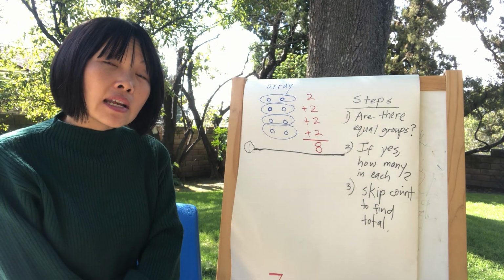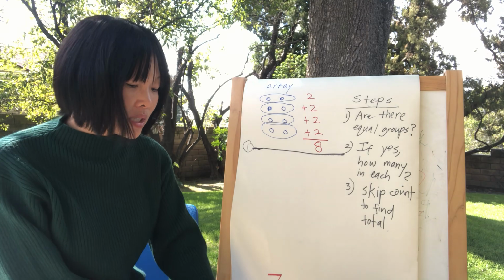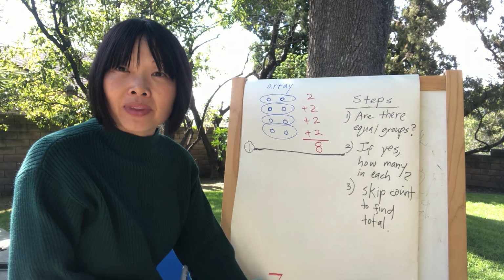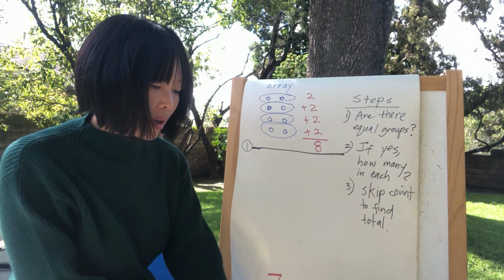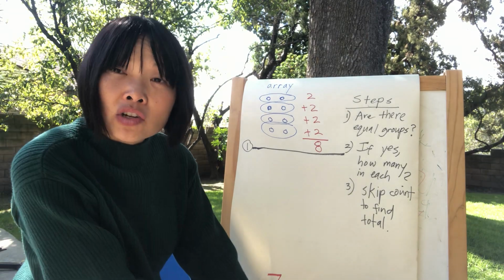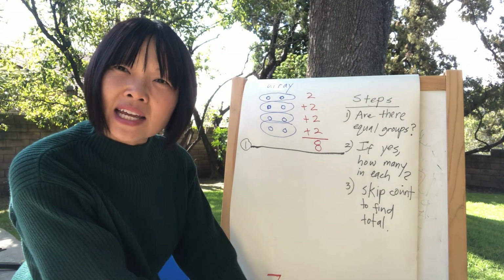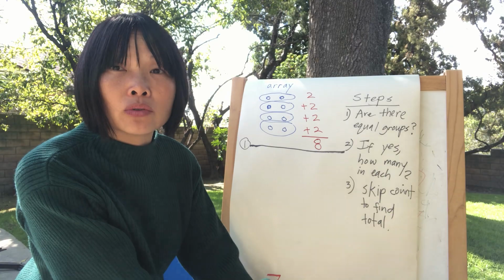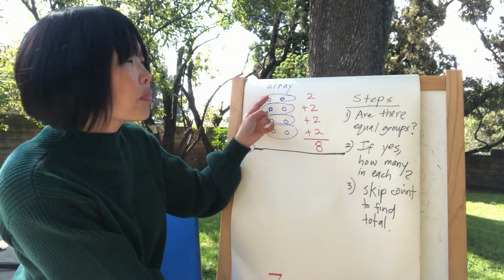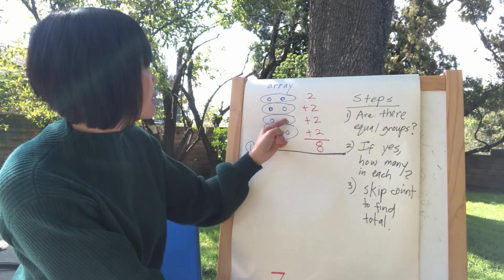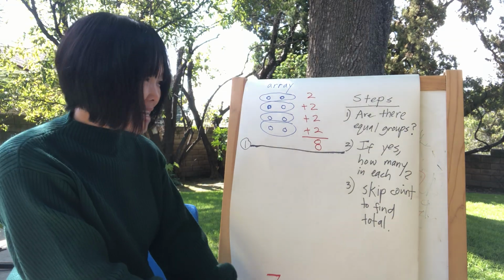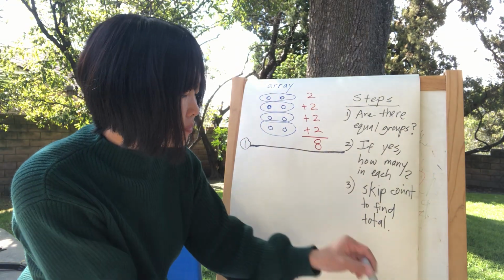Now, if you did not know how to skip count, let's say the groups are of 4 and you're not comfortable skip counting by 4s, then you could count by 1s. So let's just pretend you don't know how to skip count by 2s. You can count by 1s. Here's what it would look like. 1, 2, 3, 4, 5, 6, 7, 8. 8 is a total. All right, now let's move on to